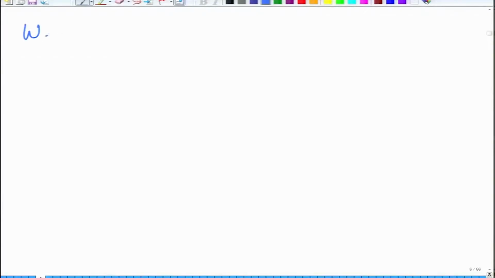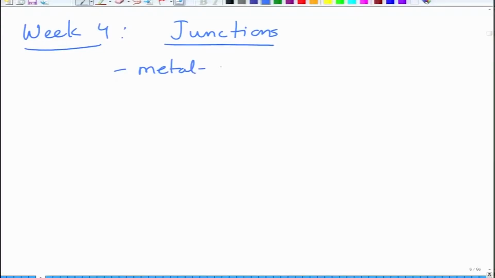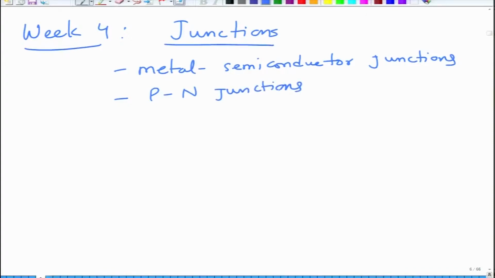And then in week 4, we will undertake various junctions, because a typical semiconductor solar cell device is a PN junction. And these semiconductors are also attached to metals on both sides to make electrical contacts. So as a result, we will talk about metal semiconductor junction, and then PN junction. And then in week 5,